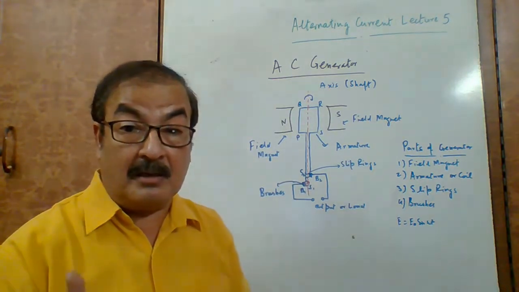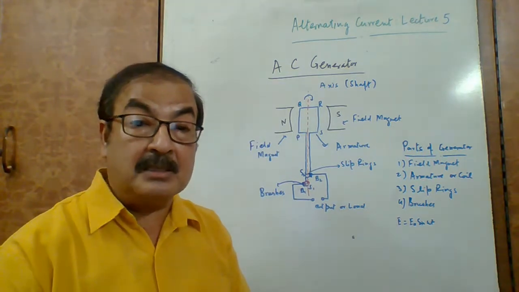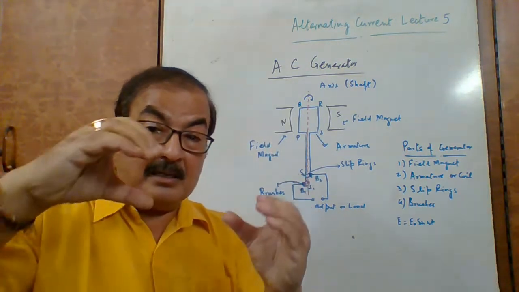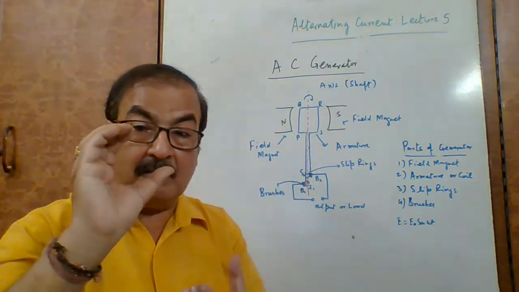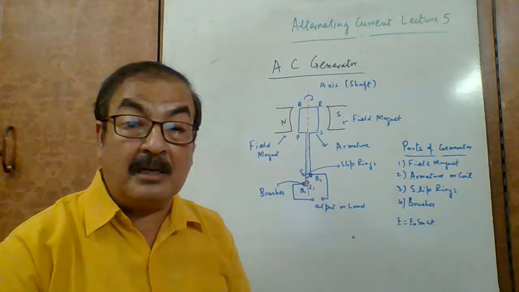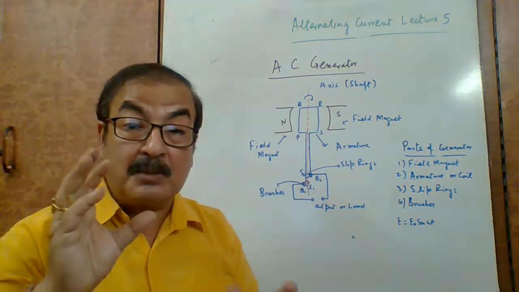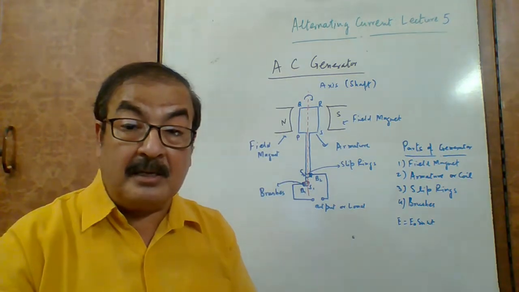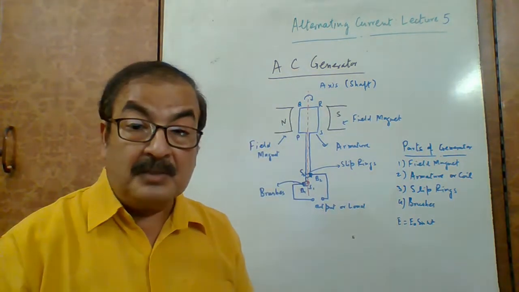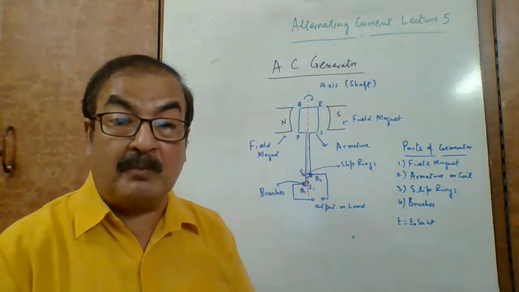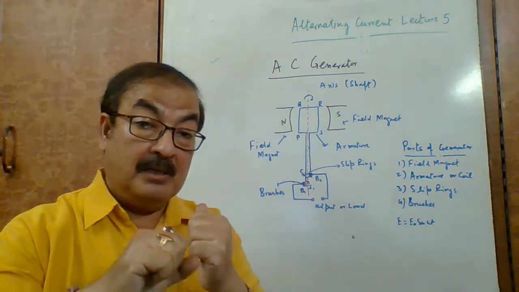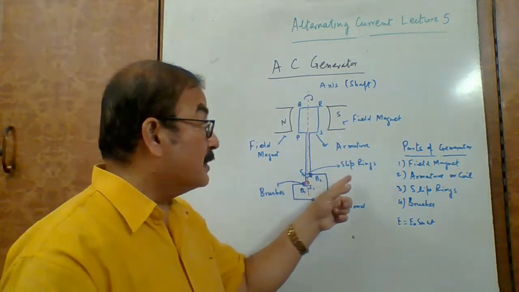And this is the main thing. In case of a DC dynamo, DC generator, we have split rings. So that we can say that in case of a DC dynamo or DC generator, there are two split rings. If we split a ring into two parts, so that one ring can take the place of the other and vice versa, with the effect of which continuity of flow of current takes place in one direction only. But here there are two separate full complete rings, that is why we call them slip rings.